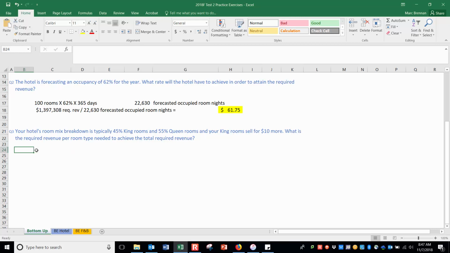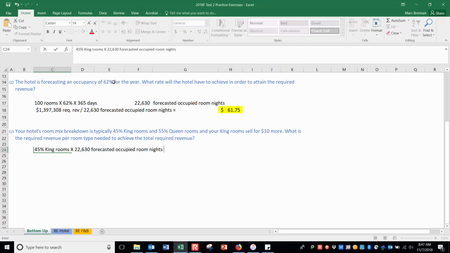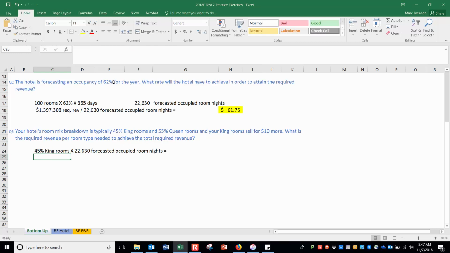So in this case, I can go 45% are going to be king rooms. I'll make this a bit bigger, sorry. So 45% are going to be king rooms, and I'm going to use that with my 22,630 forecasted occupied room nights. Because really what I'm trying to do is find out of these forecasted occupied room nights, how many of them are probably going to be king rooms. Okay? And then whatever's left over,